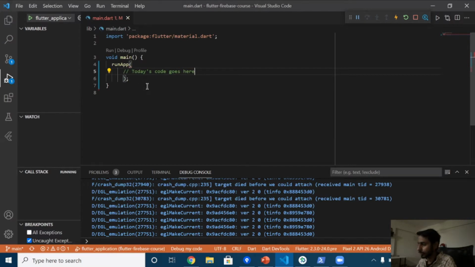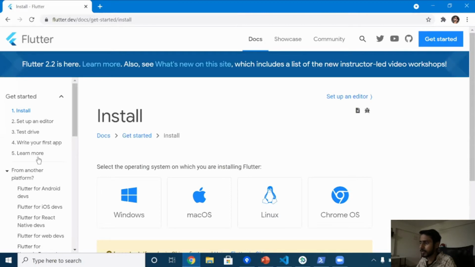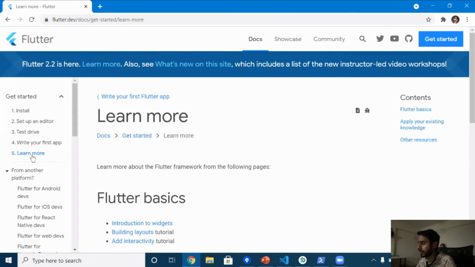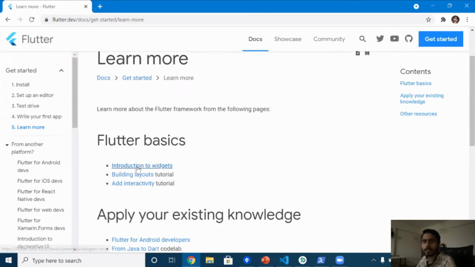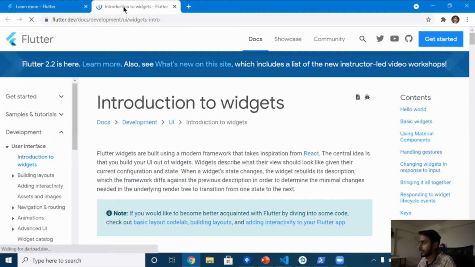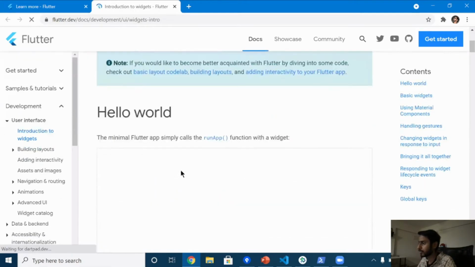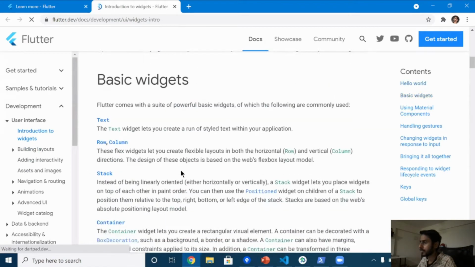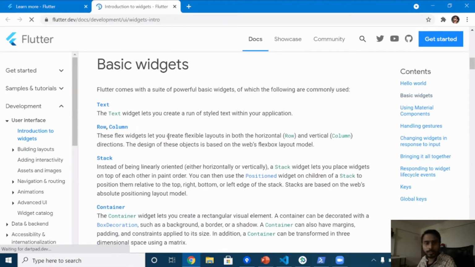All right, so let's go to the browser, click on learn more, and here is a link for introduction to the widgets. Click on that. It takes us to a new screen where it has got everything, saying all the basic widgets that comes from Flutter.